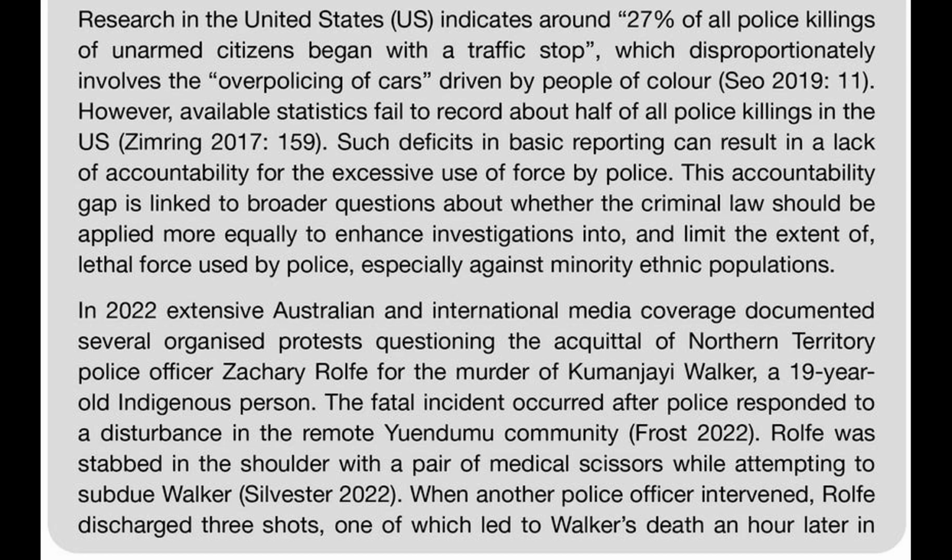Frost 2022. Rolfe was stabbed in the shoulder with a pair of medical scissors while attempting to subdue Walker. Sylvester 2022. When another police officer intervened, Rolfe discharged 3 shots, one of which led to Walker's death an hour later in